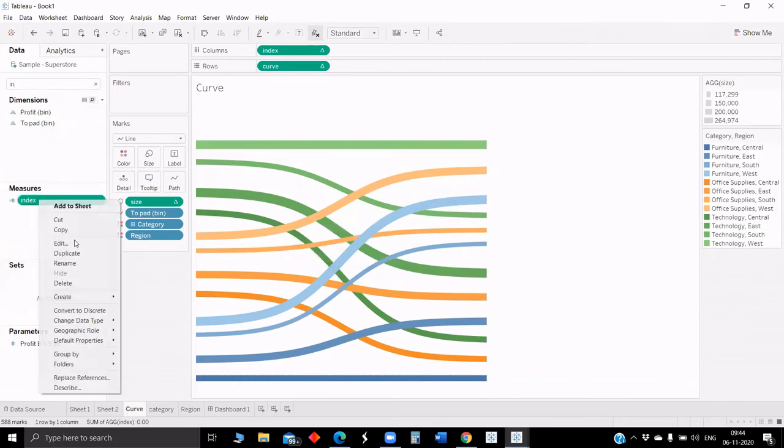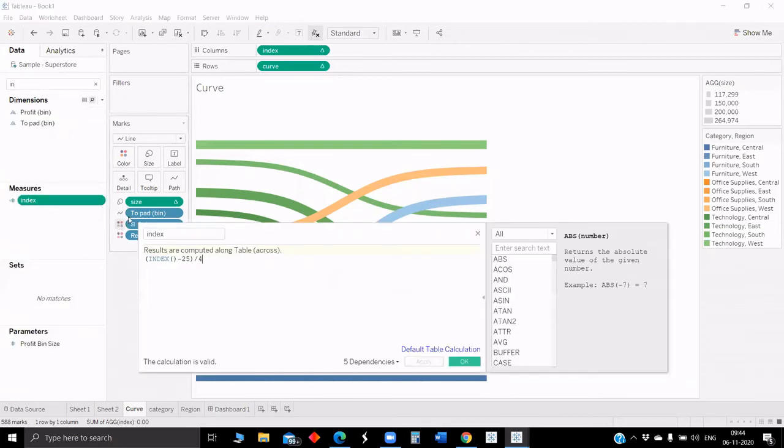In this field, if you see the bin size of bins, it's 1 to 49 in total. If you put just a simple index, we will get a rank from 1 to 49. But we want it in a range from -6 to +6, so we'll get a curve with both negative as well as positive values, so we'll get the slope like this. So for that we are using index -25/4 on this field.